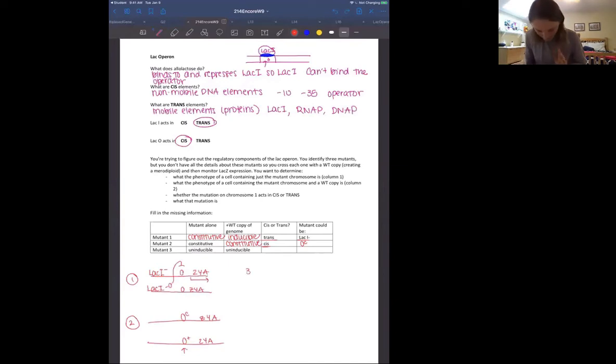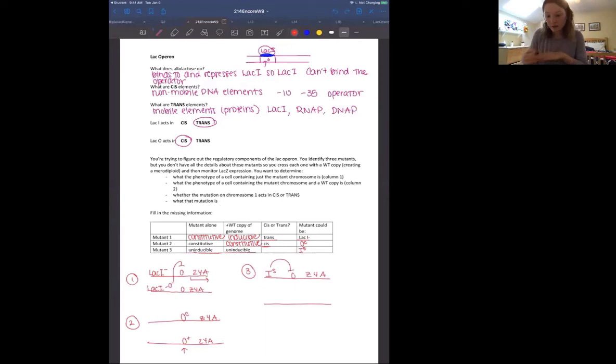Okay, and then our last one, the mutant alone is uninducible, and with a wild type copy, it's also uninducible. So that means that the mutant is going to be a super repressor. So on our chromosome, we have an I-S. And then, a super repressor is going to be able to bind and always block the operator. And the way that it does this actually is that it cannot bind allolactose. So if it can't bind its inducer, then it's going to always be active, always binding and blocking